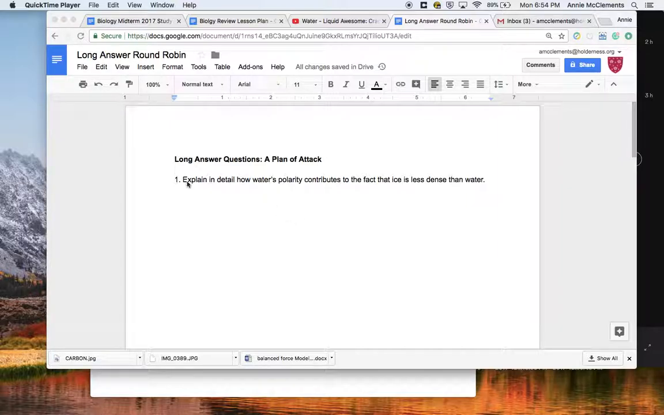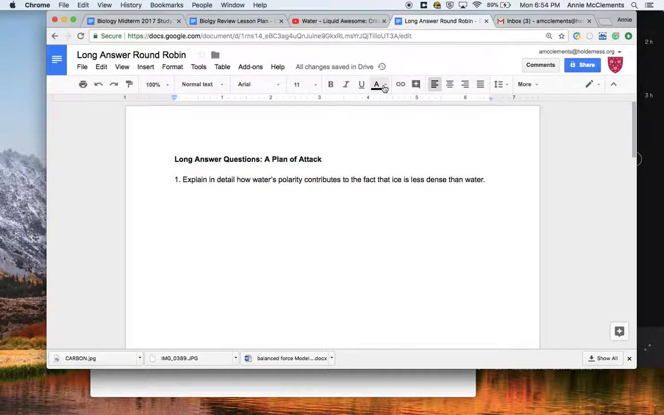A question like this, right? Explain in detail how water's polarity contributes to the fact that ice is less dense than water. Seems relatively straightforward, but there's a lot in here. So you have to make sure that you really unpack it. A first step that I might take when you get a question like this is to